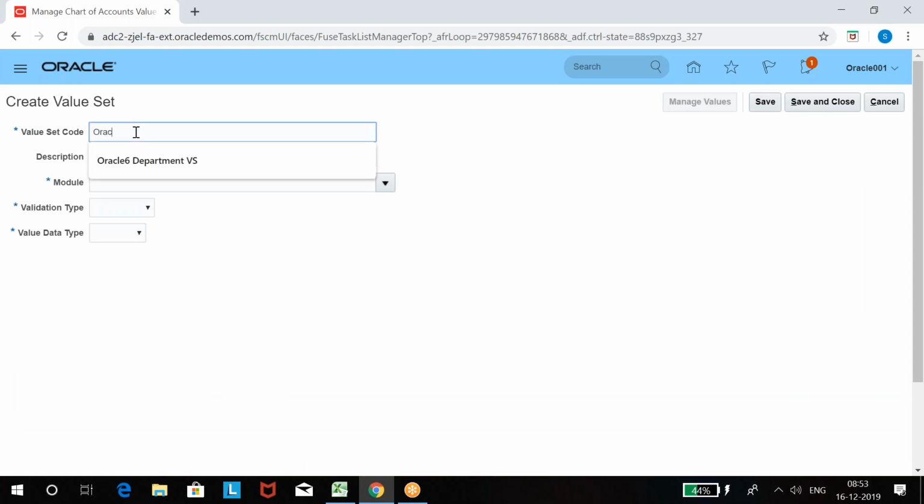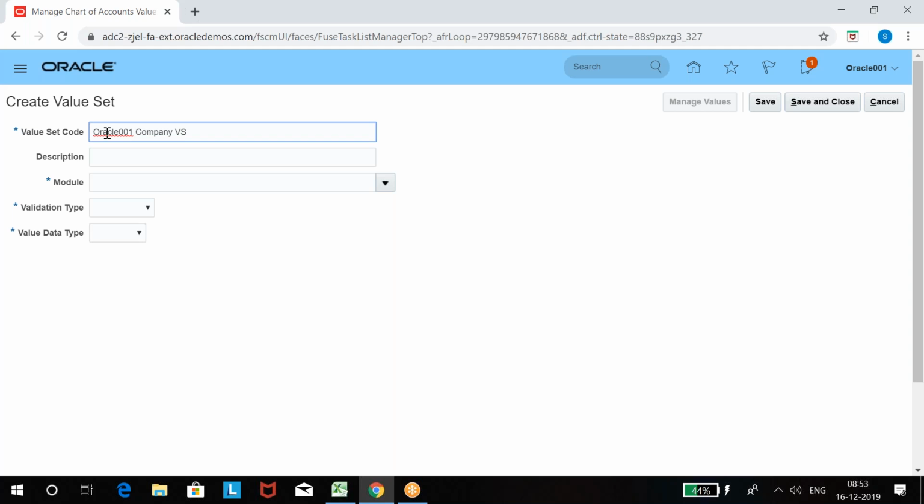Value set name. I'm giving it a C. Whatever I create from now onward, it may be company name, it may be ledger name, it may be business unit name, I'm going to follow this Oracle 001 as a prefix of my definition. Whatever I define, if I use some unique prefix, it will be easy for me to find data whenever I require. So that is the reason. When you also practice, use some company name or some prefix that is easy for you to remember, so that it will be easy for you to find data whenever you require.